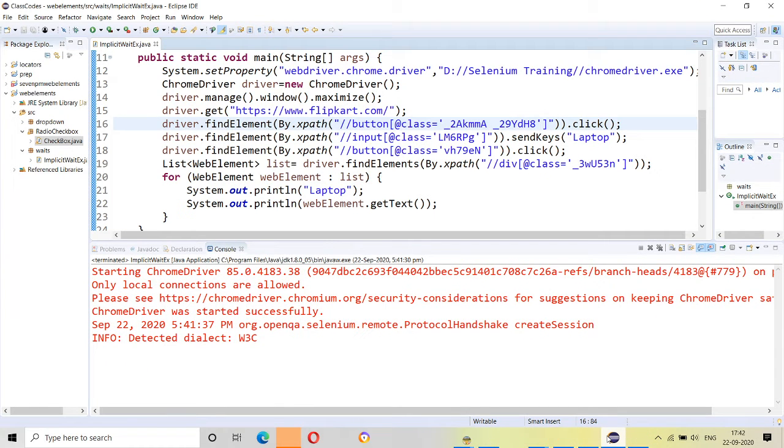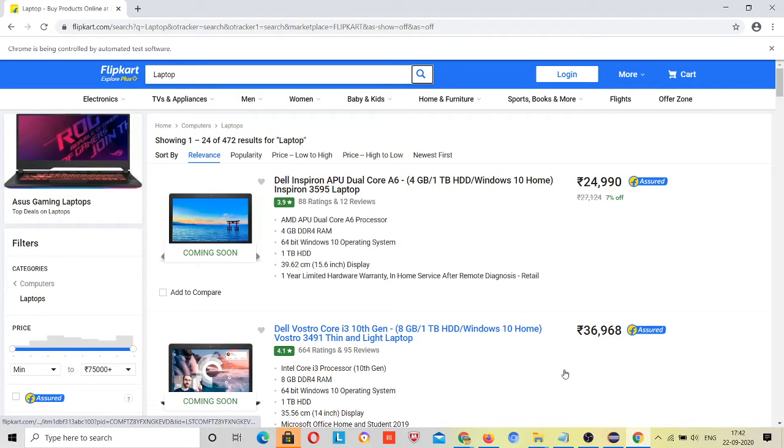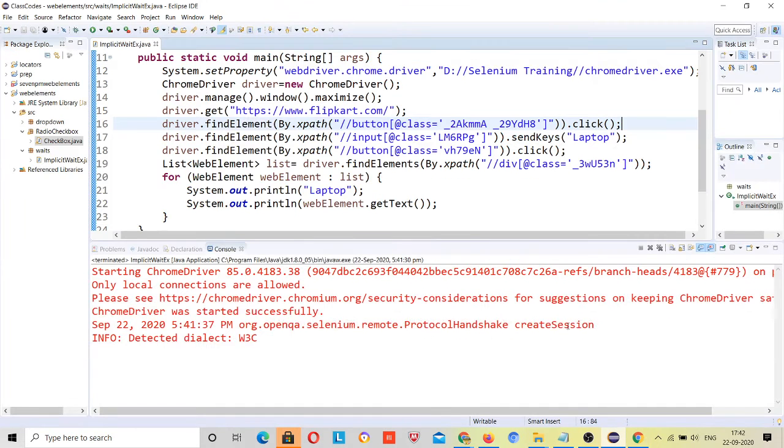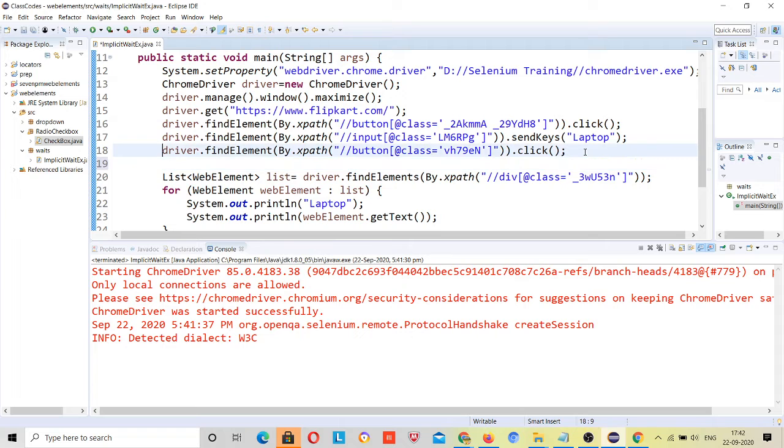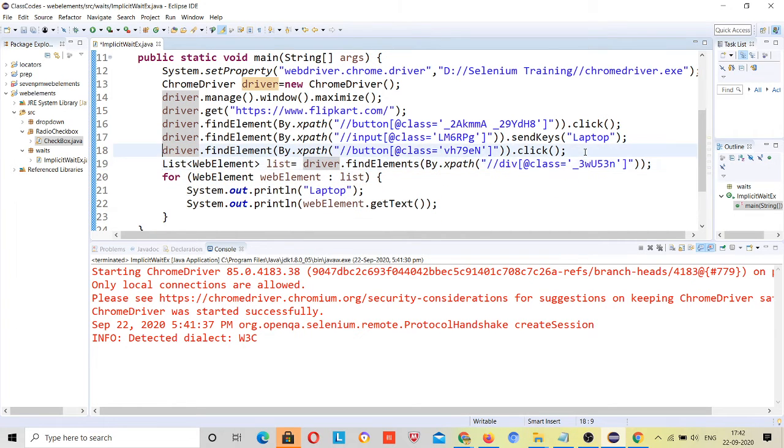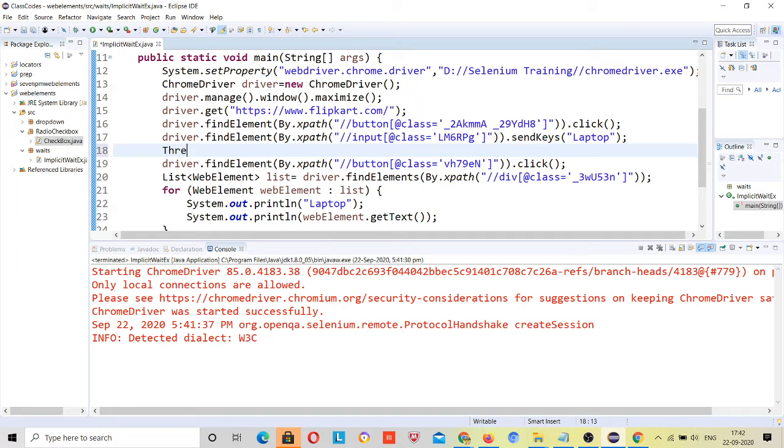Just because it was not available, right? Although this design was available, their DOM came just after clicking, but this data was invisible. So what we can do, we can give thread dot sleep after clicking, so that some part will be loaded in your list.